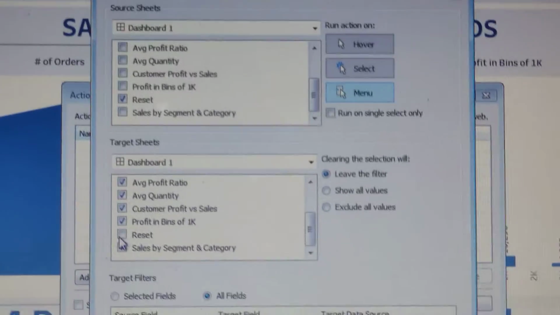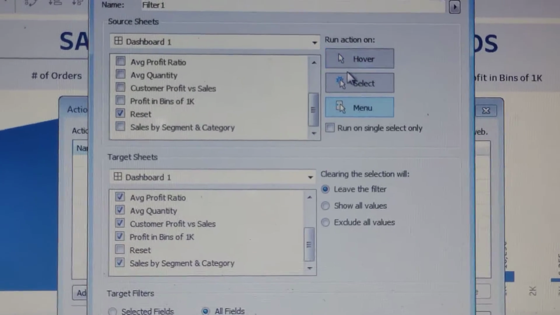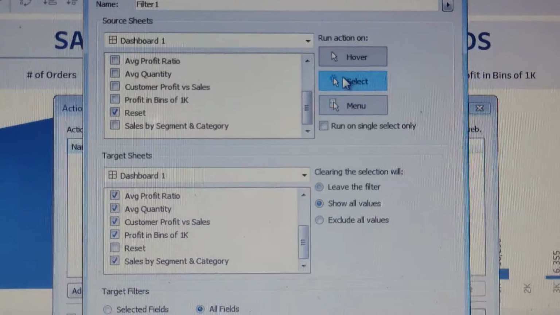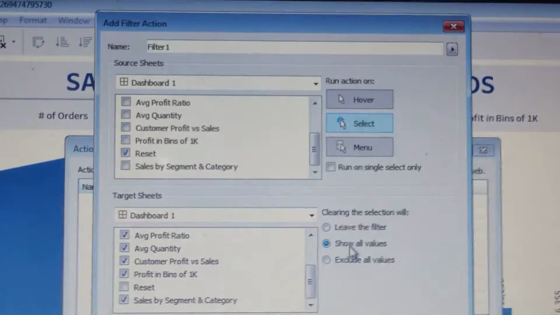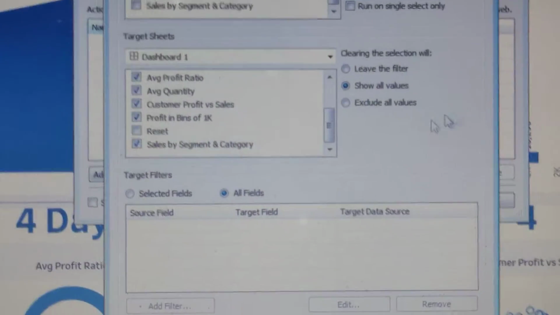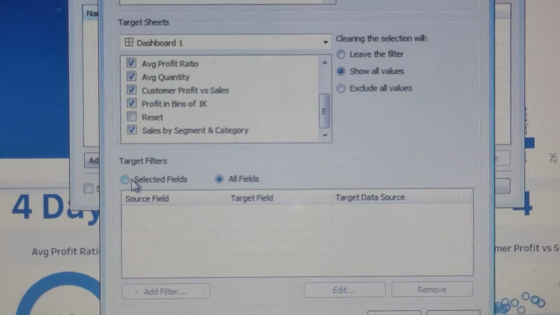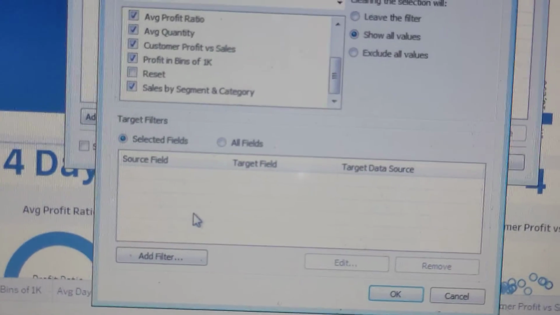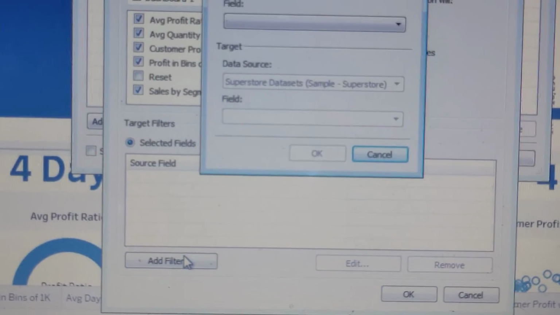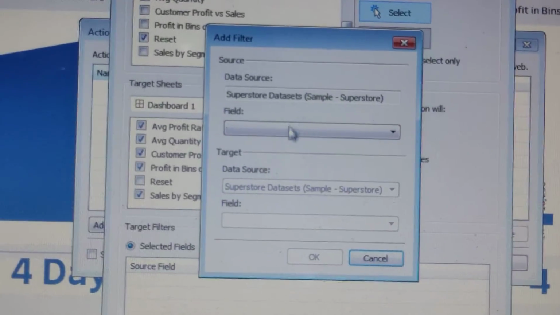All right, and then click on select, so that when we select, it will be impacted and show all values. Then go to the selected fields from here, because we want to select all the sets of filters, then add filter, and select.